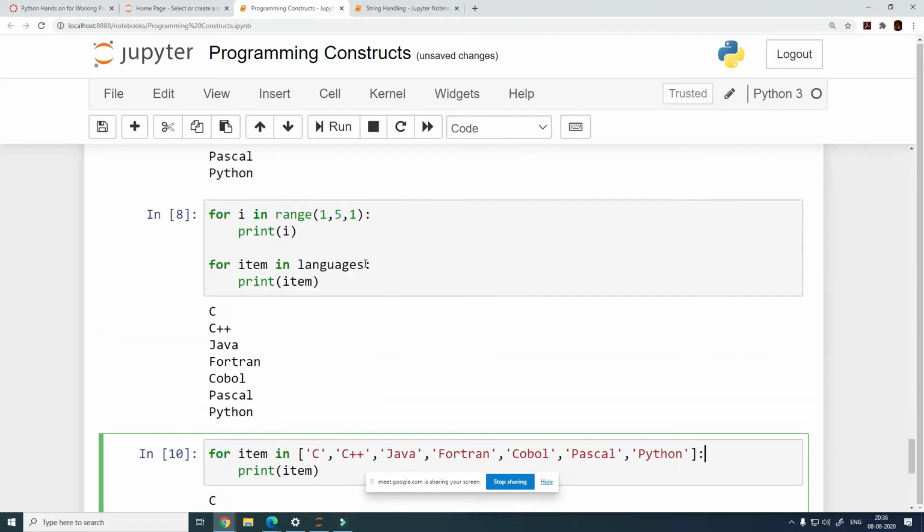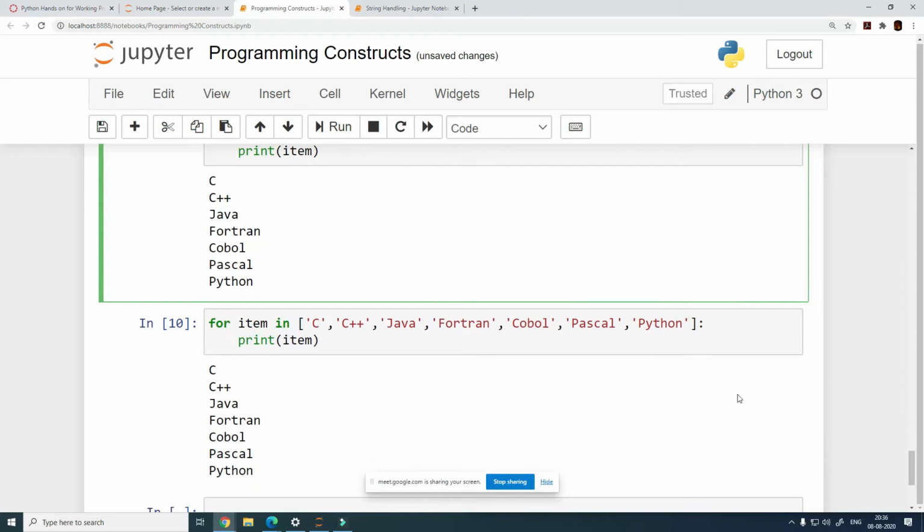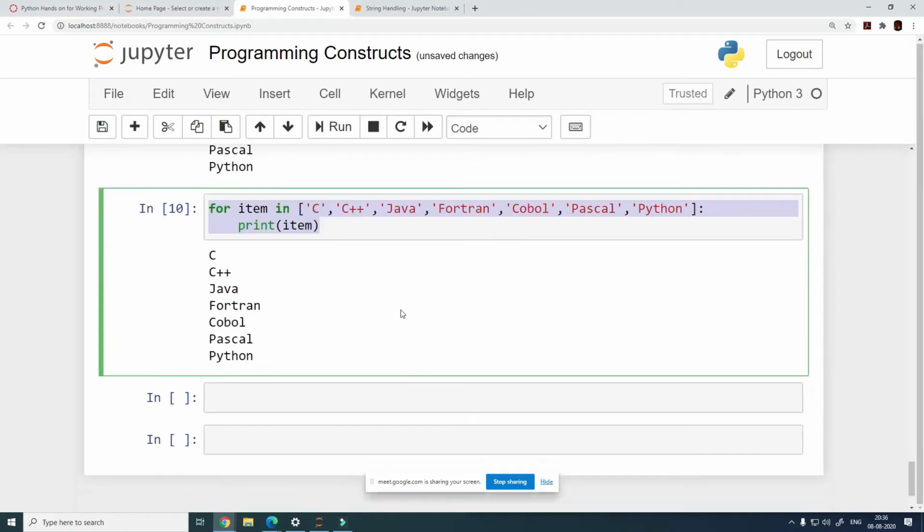So if we need to print C, then Java, then Cobol, then Python, skipping one value each time, you can build a logic around it. If you want to skip every alternate item, what is your requirement?